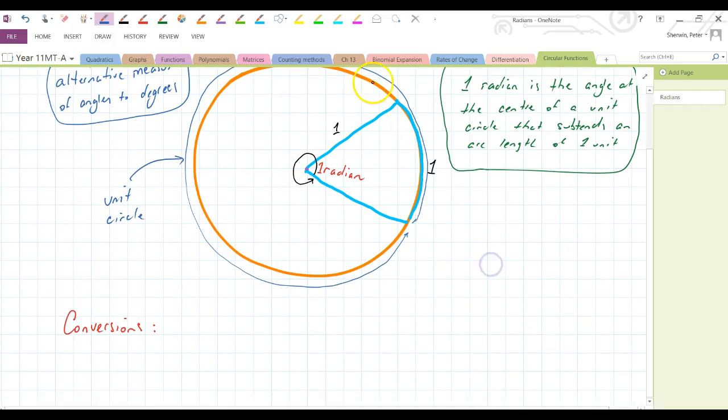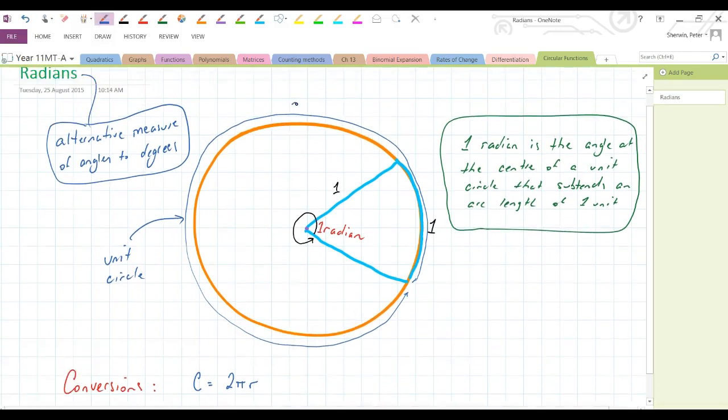So that's the circumference, isn't it? My circumference is equal to, what do we know it to be? 2 pi r. Hopefully you know that. 2 pi r. R is 1. So in this case it's just 2 pi. My circumference is 2 pi. So this is 2 pi. So if it's 2 pi all the way around,